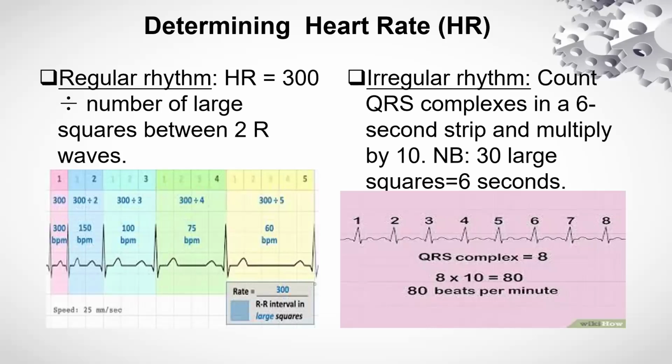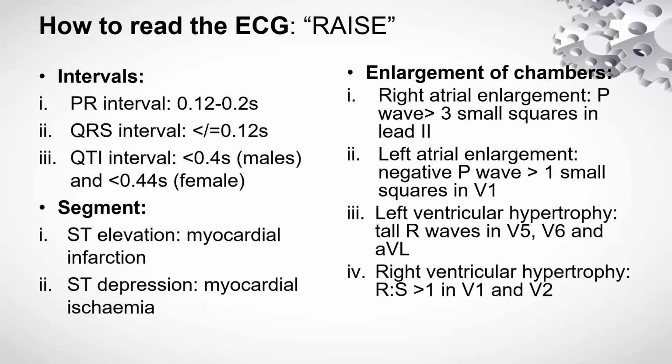For the irregular rhythm, what you need to do is count the number of QRS complexes in one strip, and you multiply this by 10. So look at this now. In a strip, you have 1, 2, 3, 4, 5, 6, 7, 8. This is 8, and you multiply this 8 by 10. It gives you a heart rate of 80 beats per minute. I hope that is clear. So the second thing we're going to do,